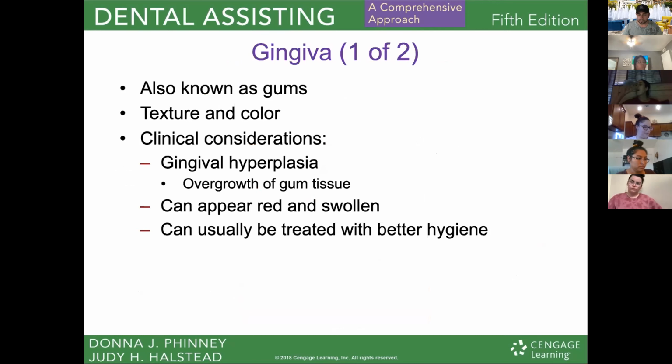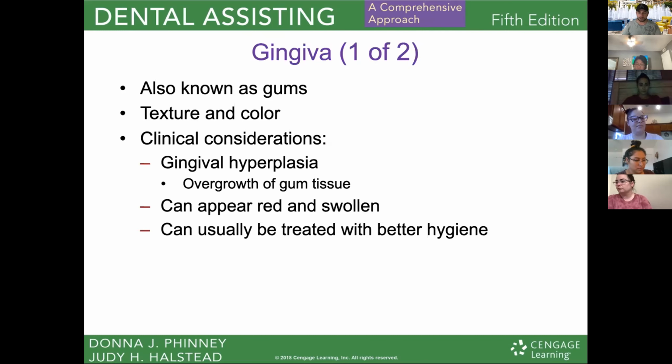So gingiva, this one is important. This is also known as gums. So if you don't know by now, anytime I talk about gingiva, I'm talking about your gums. Gingiva have different texture and color depending on somebody's race. Some clinical considerations to keep in mind are gums can do things like gingival hyperplasia, which is the overgrowth of